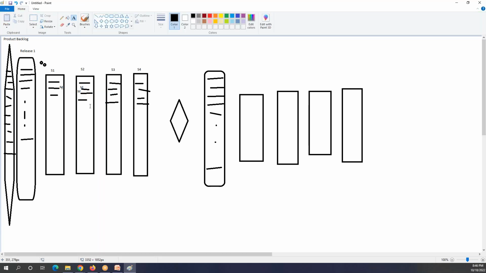Now you have to answer me: currently you are working in sprint 2, release 1, sprint 2. How many will be smoke tests, how many sanity tests, and how many regression tests?